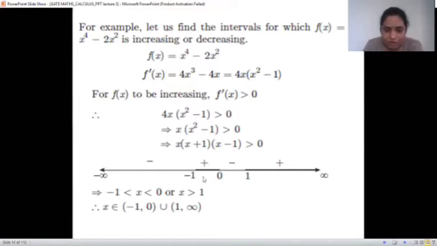In between, from minus 1 to 0, we take any one point. Suppose I take minus half; substitute minus half here. What will we get? 4 into minus half, and 2 into 1 by 4 minus 1 is something negative, right? So negative into negative will be positive. So this point is also positive. We'll check now for 0. Substitute 0 here; 0 into anything is 0, that is again positive. So in this interval, minus 1 to 0, all the values are positive for f dash.